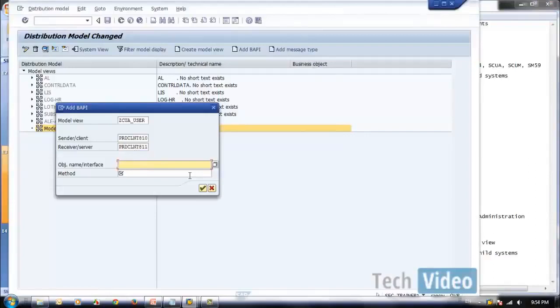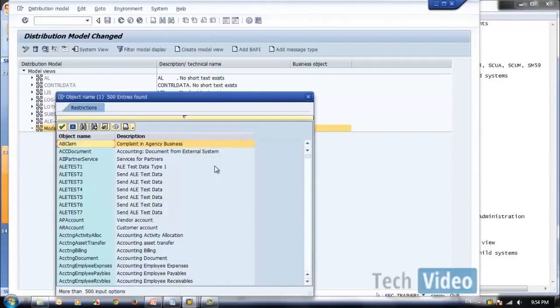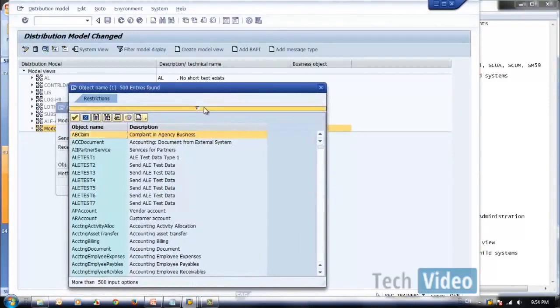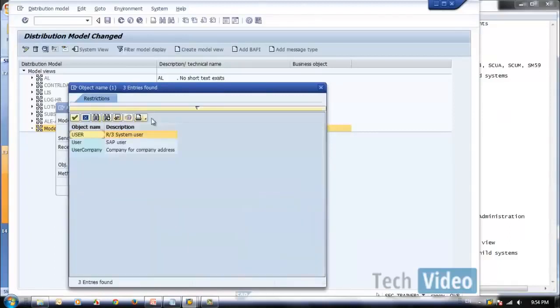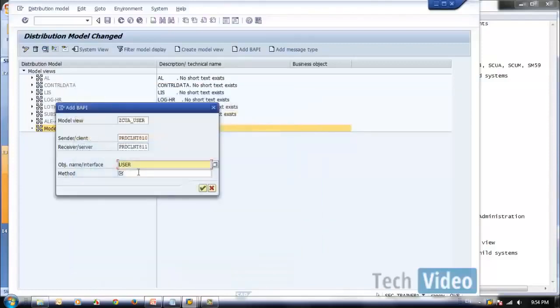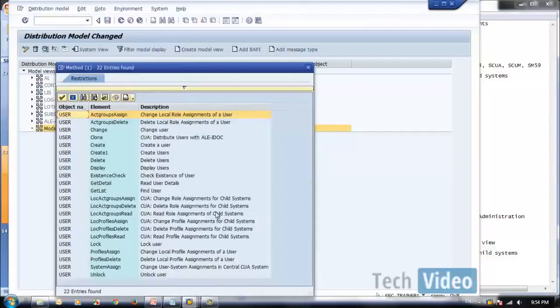Okay, the object name, this will be user. If we go US, yeah, here R3 user. Then the method will be clone, user clone. Yeah, this is for CUA distribute user with ALE IDOC.